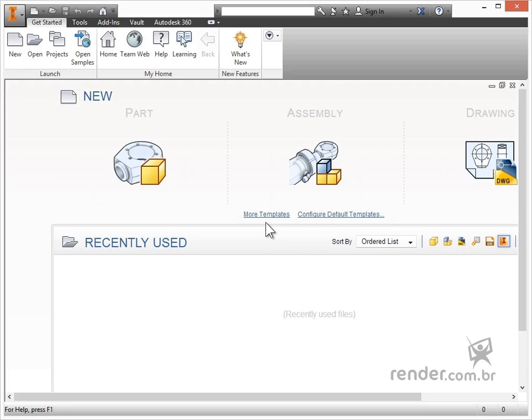In this class we will learn about the sheet metal environment of Autodesk Inventor, which is the development environment of sheet metal. Let's go to class. After starting Inventor, we can notice that, by default, it opens a window showing some options